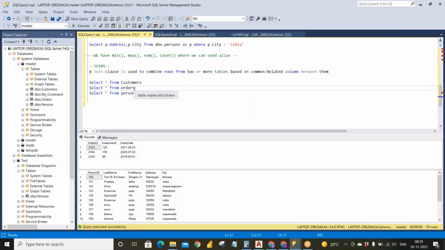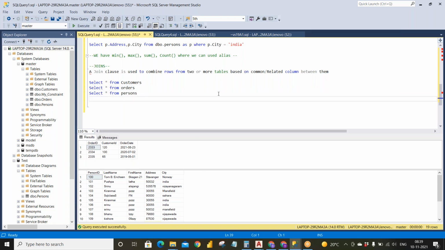So we cannot join the orders and persons tables simply. Definitely we need to have some related or common column between both. We have so many concepts in joins, so let's see them one by one.